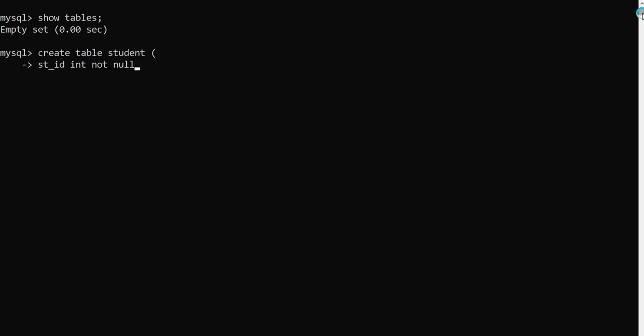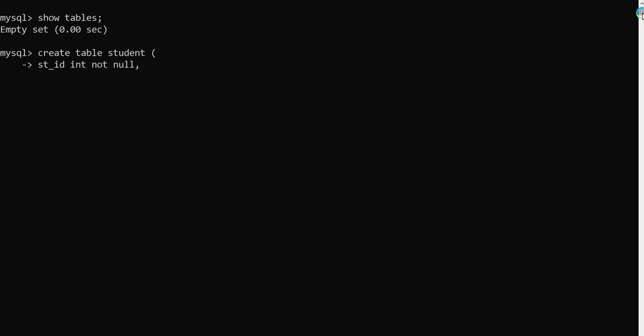Clear? If you want to make this field a primary key, after the space you can also write here primary key, then it will be treated as a primary key. Or to define a primary key, we have one more option. So the first way is that in front of the column, after defining the data type and the constraint, you write primary key. Otherwise, no need to use primary key here. Put a comma here, and the comma is compulsory to define the next column details.